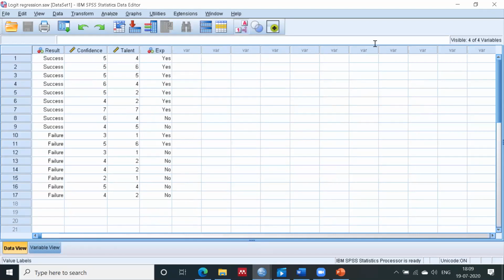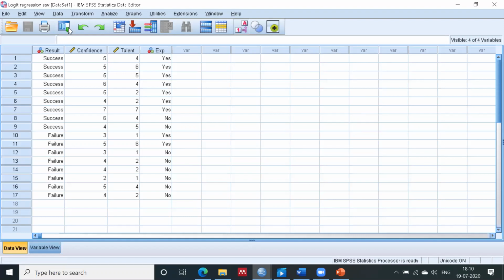All right. So from this option, you can convert your data in the form of the values. Earlier it was 0 and 1, now it is success and failure. So you can just change the view from this option. Now I will apply the logistic regression here because I have the dependent variable in two categories and it is in non-metric form. Like result is my nominal scale, and we have only two categories. So I will apply the binary logistic regression here.